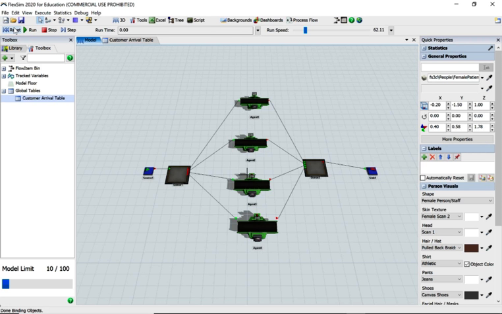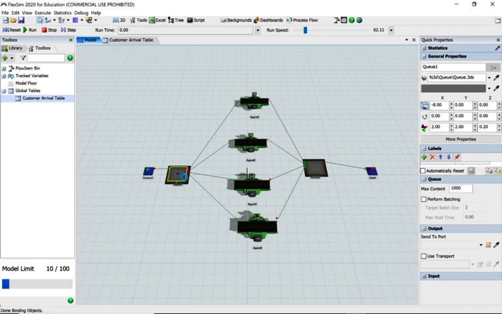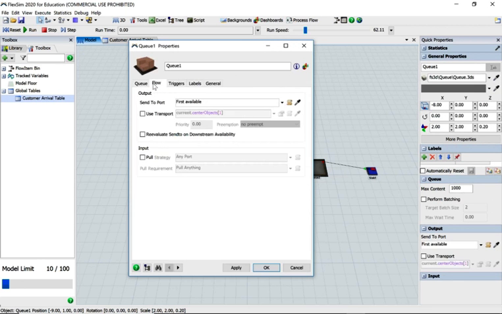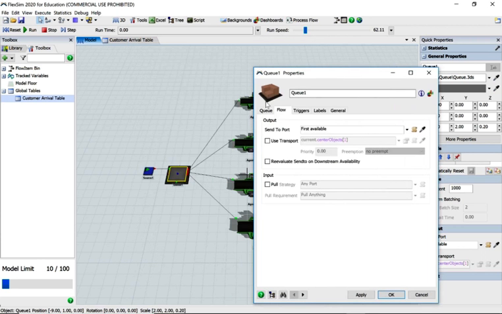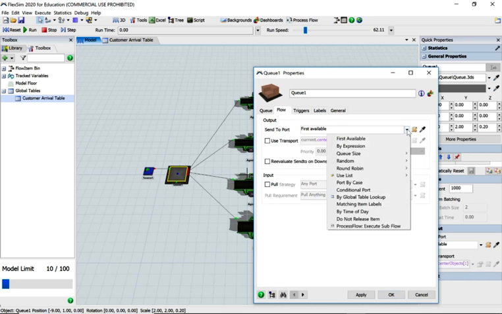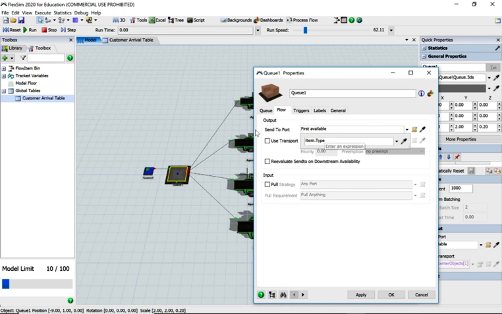Right, now we need to specify a flow item type to a particular agent. So open the properties window of the queue, and we'll go to the flow tab. There we are, flow tab. It's currently set to first available. That's why they were going to agent 1, and if agent 1 was busy, it would go to agent 2, etc. These got item type numbers 1, 2, and 3, so we can use the standard by expression. So it'll get the item type number. So if it's a number 1, it'll send it to port 1. If it's a number 2, to port 2, 3 to 3, and 4 to 4. So that's quite an easy one there. So if we apply and run,